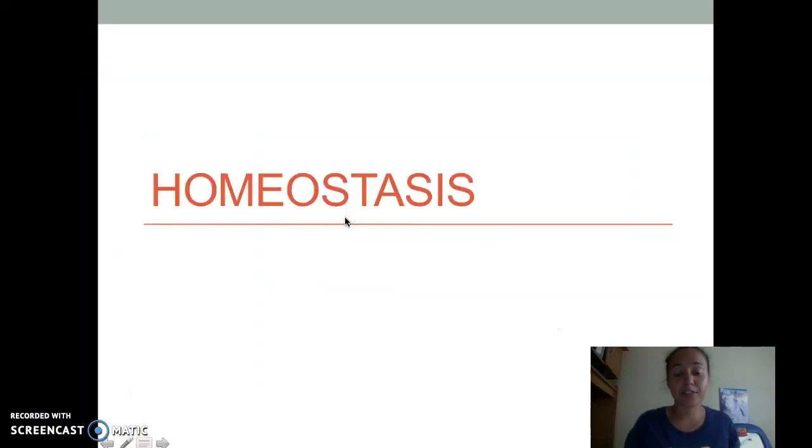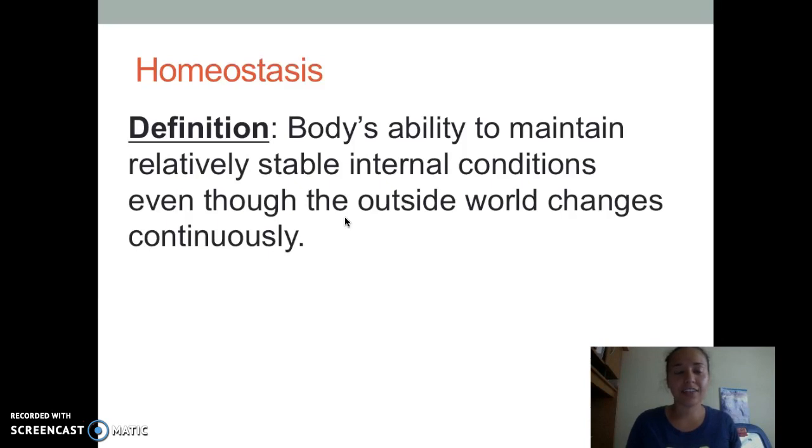Hi, this is the first lesson on homeostasis. We're going to start off with the definition. The definition of homeostasis is the body's ability to maintain relatively stable internal conditions, even though the outside world changes